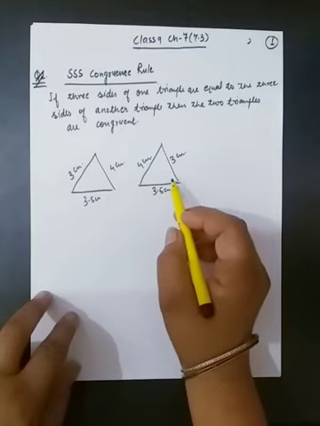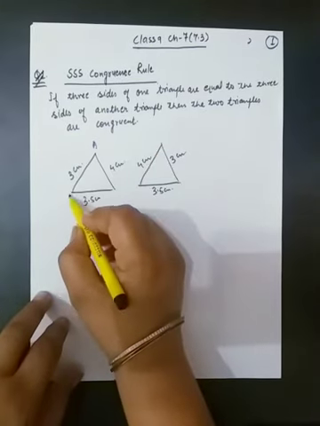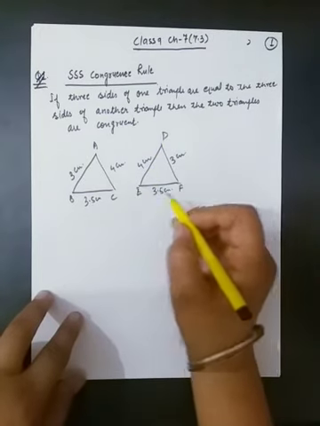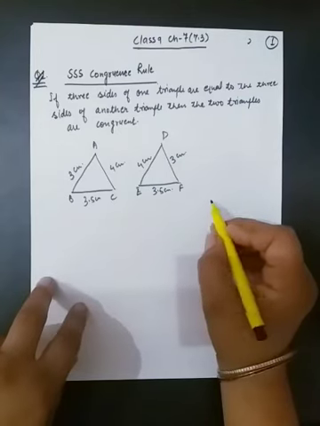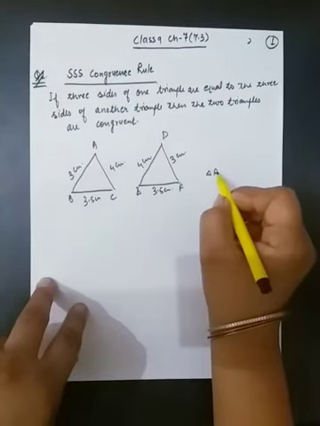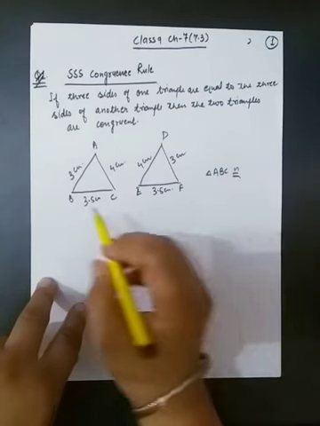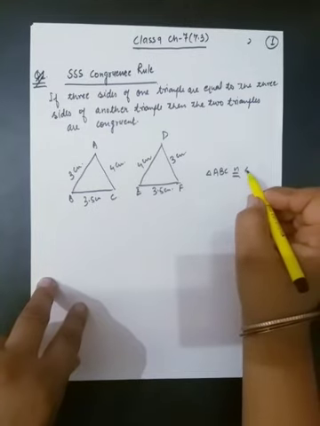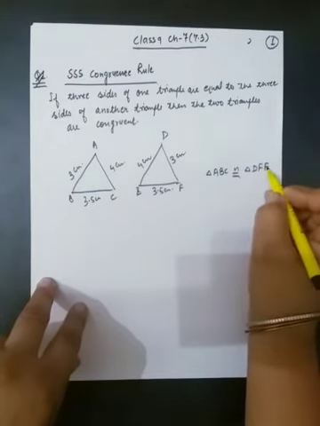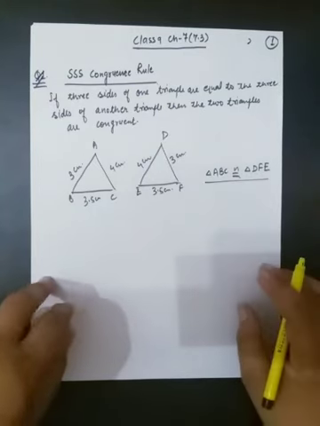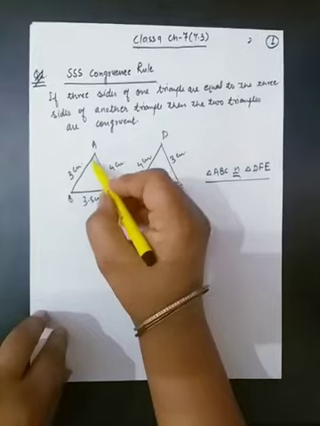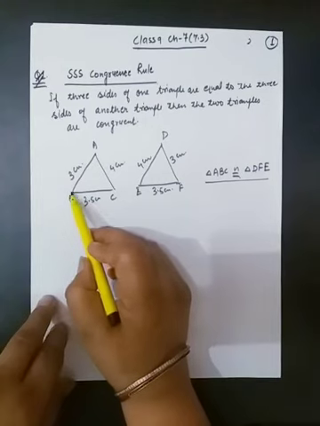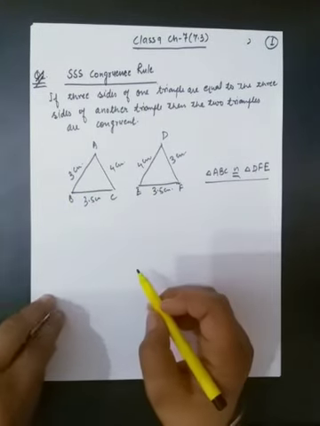And if you are asked to name the congruent triangles, then what do we have to do? Here this triangle is, suppose, ABC and this is DEF. How can we write the name of the congruent triangles? Here triangle ABC is congruent. Side AB is coinciding with side DF. So you have to write its name as DFE. If you write DEF, it will become wrong because side AB is equal to side DF. So we have to change these vertices.